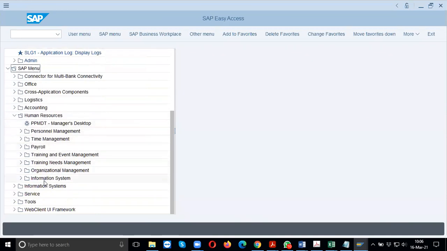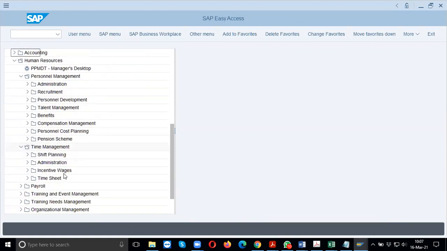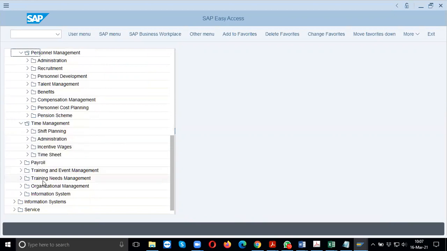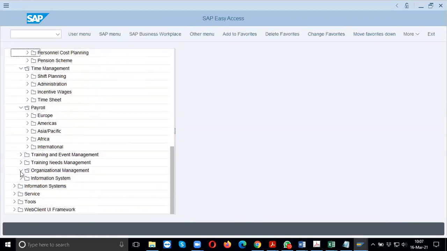Below this, you get these options: personnel management, time management, payroll, training and event management, training needs management, information, administration, recruitment, talent management, compensation. Interesting.